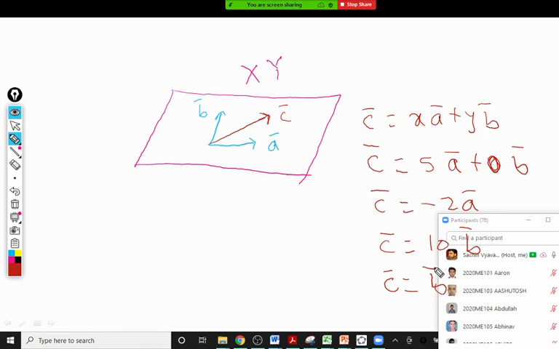Yes, sir. So now the same property is extended to 3D. Now we are given 3 non-coplanar vectors. A dash, B dash, C dash are a triad. Actually, they are mutually perpendicular to each other. Suppose this is the direction of A dash, this is the direction of B dash, and C dash should be like this. They are non-coplanar because they are mutually perpendicular. Three mutually perpendicular vectors are not in the same plane. That is the thing.